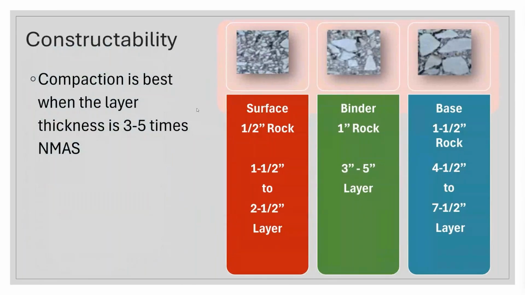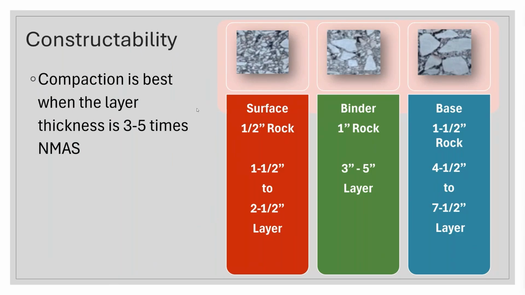Now, in terms of constructability, before we get into a lot of the design and how to pick out that thickness, we need to think about what's reasonable and what makes sense. The worst thing you can do as a designer is design something that's really perfect on paper, but it can't be built. So that doesn't do anybody any good. So from a construction aspect, what we know is that asphalt compacts best when we are compacting a lift that's about 3 to 5 times its nominal maximum aggregate size. So nominal max aggregate size is basically pretty much the largest aggregate particle that you see in the mix.